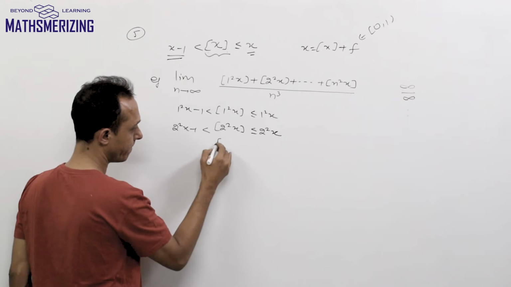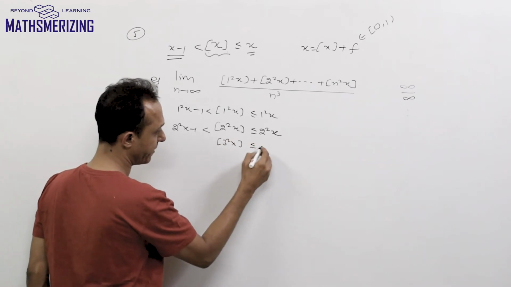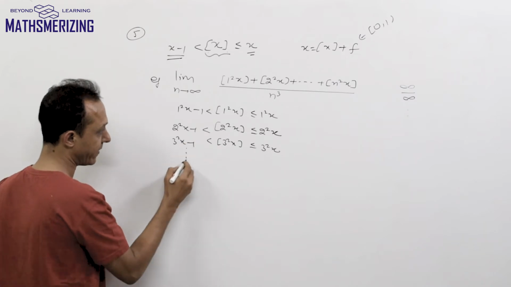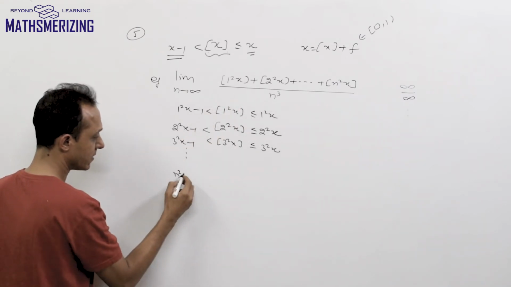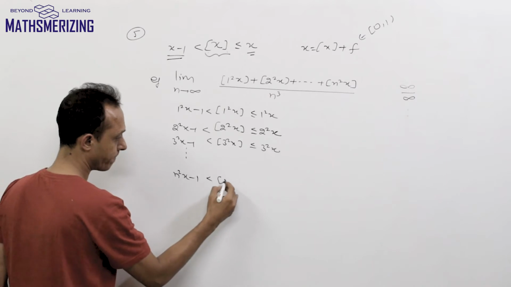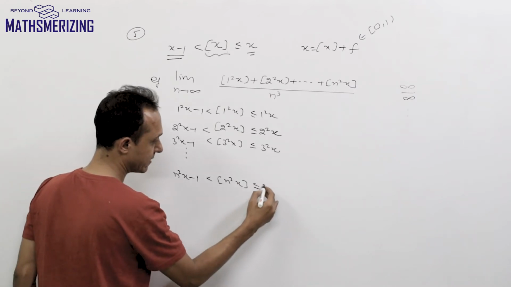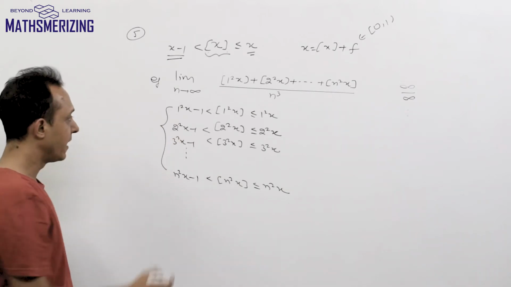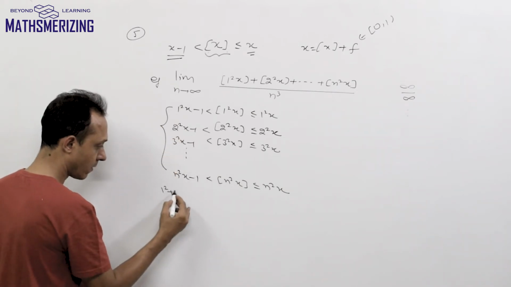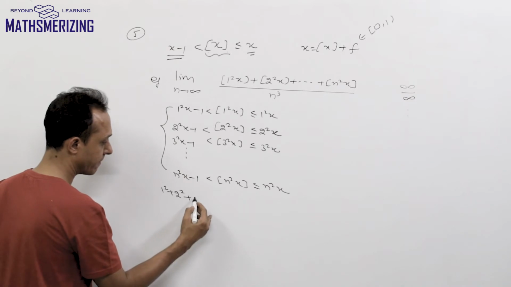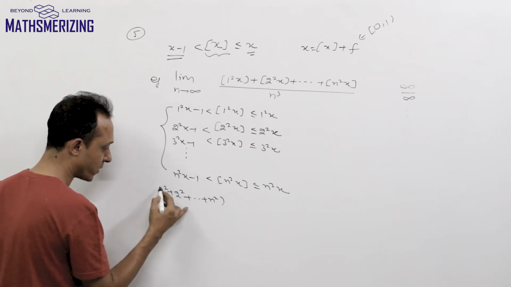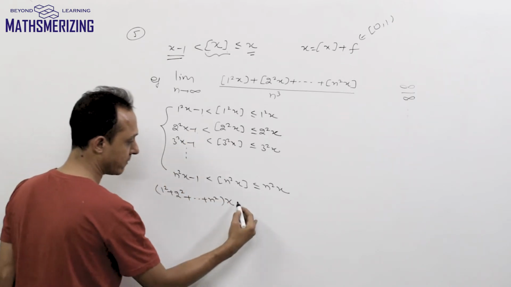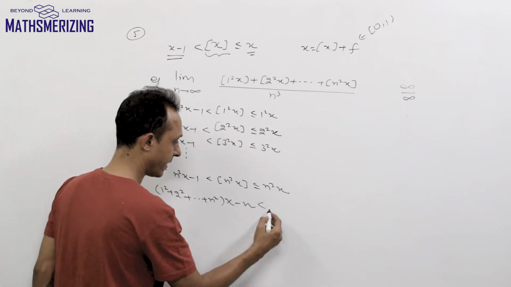The greatest integer function of 3 square x will lie between 3 square x minus 1 and 3 square x, and this series will continue up to n, that is n square x minus 1, the greatest integer function of n square x, and n square x. If I add them all up, I can write it as 1 square plus 2 square up to n square, into x, and then minus 1 minus 1 minus 1 n times, so there will be minus n, and this is less than